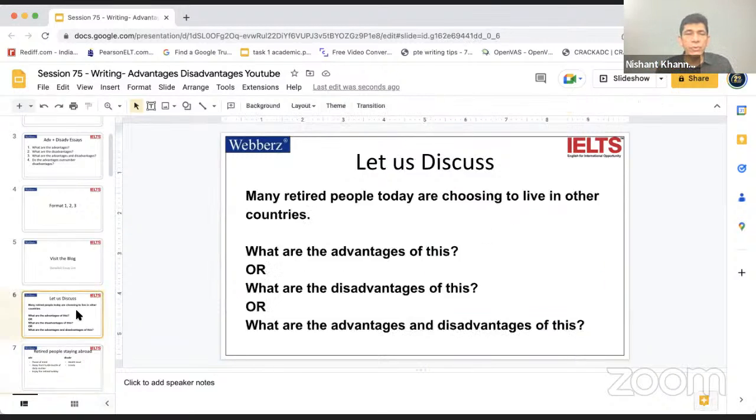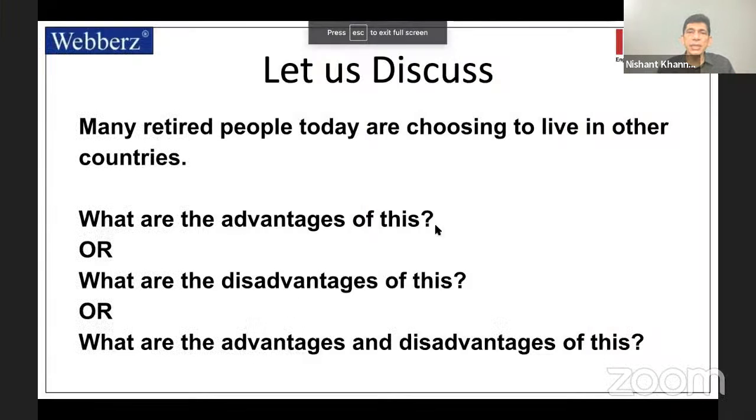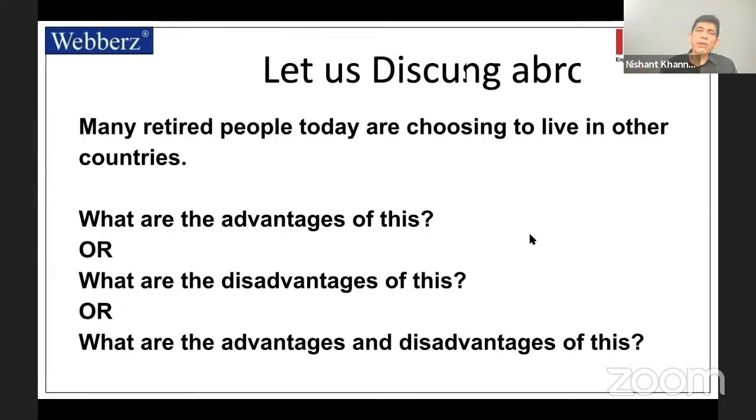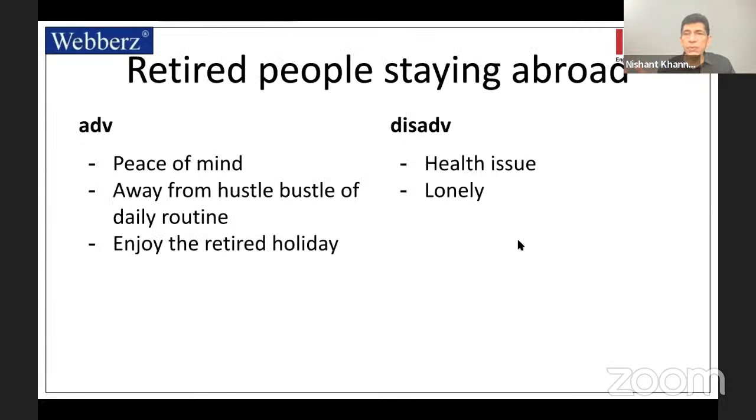So now I have to write down this essay. What are the advantages and disadvantages of staying in some other country? So write 2 on both sides. Whatever the answer is, give that answer. Now, if it's only advantages, then we'll see what to write. If it's only disadvantages, then we'll see. And if it's both, then also we'll see. Let us see the format first. How the format is, then you are going to write it down.